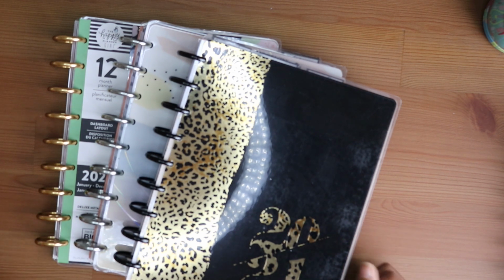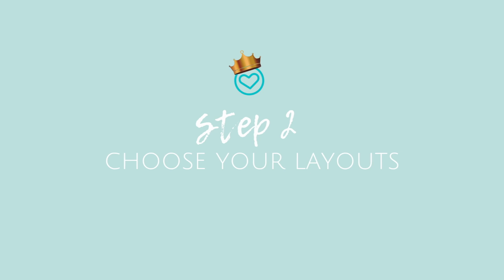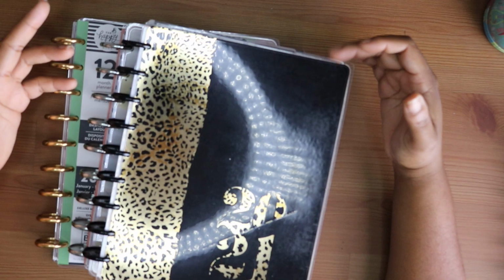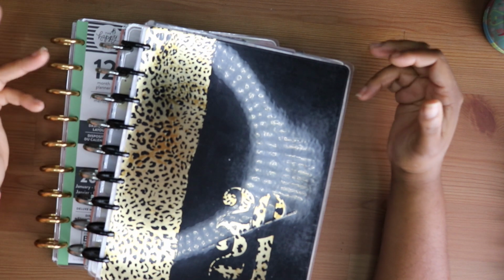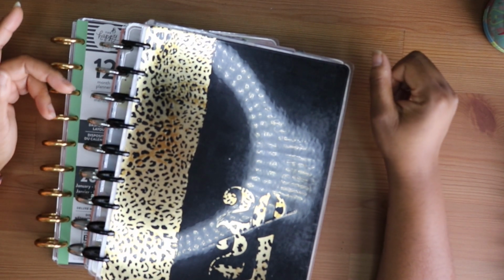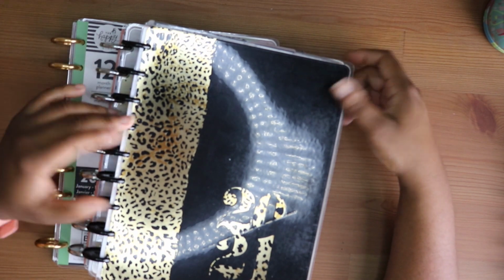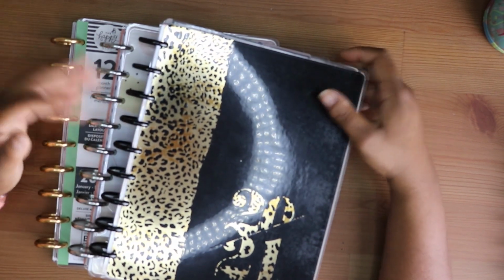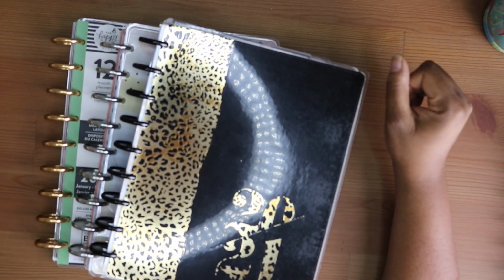The second step is, which layout do I want for each category? So, if you're not sure what kind of layout you would like for your catch-all, my recommendation is to either go to the Buy Sell Trade groups on Facebook, and I think Instagram has a few Buy Sell Trade hashtags you could look on for your area. Or other planner friends. If you have other planner friends, talk to them and ask them if you could use a month from each of the different layouts.